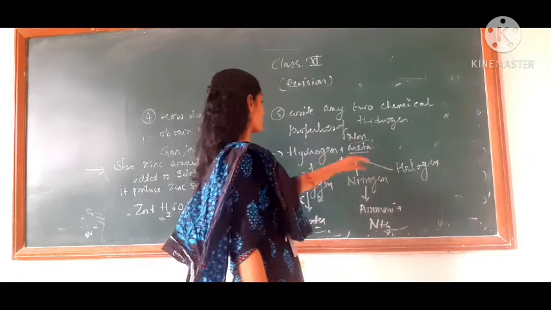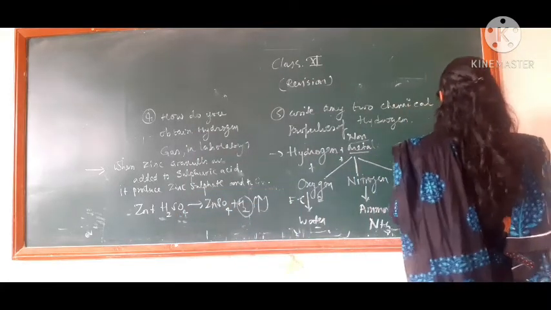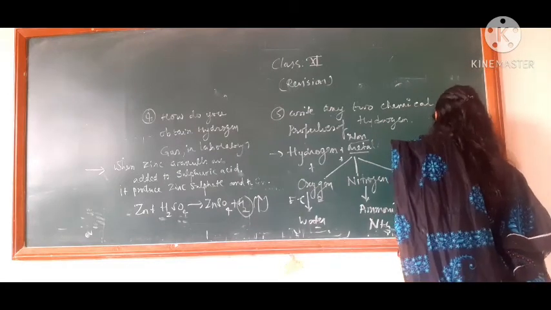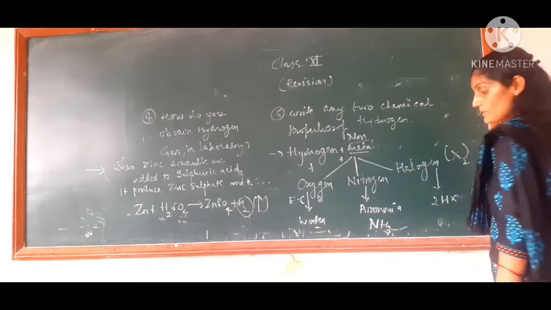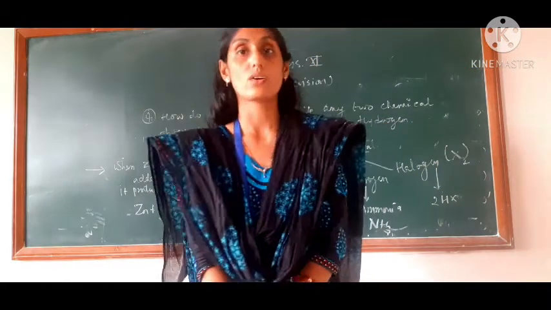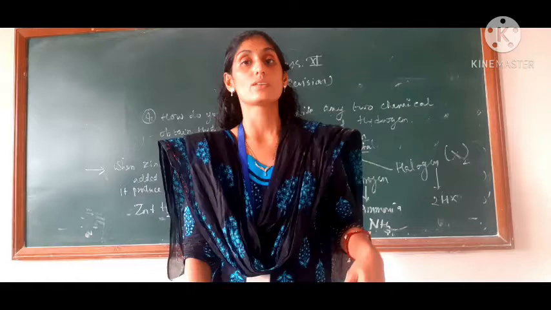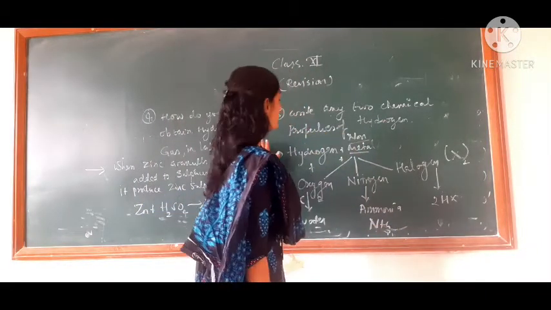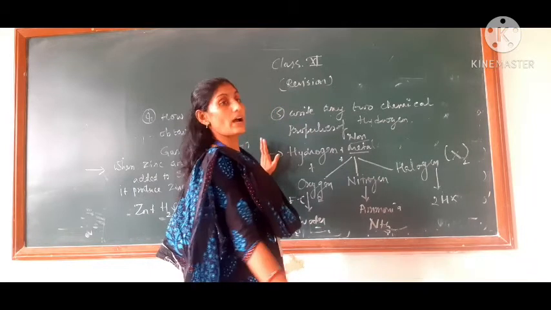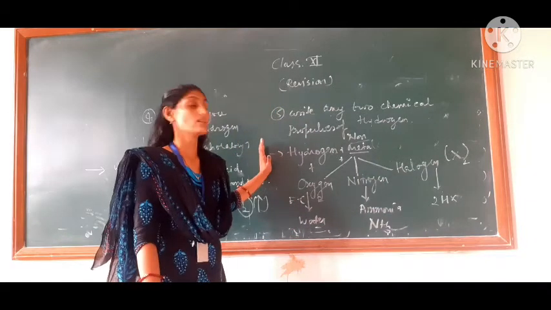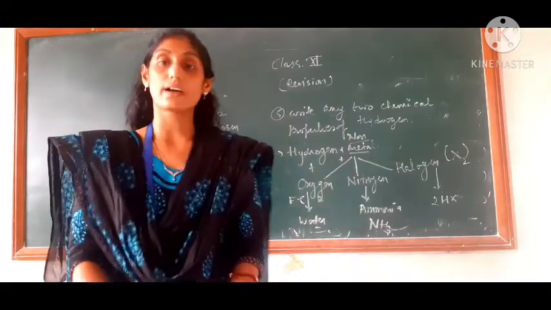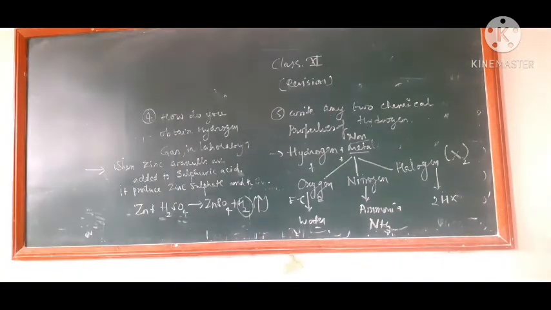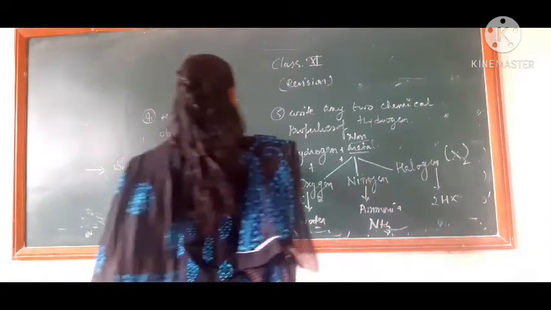And when we talk about hydrogen and halogen, that is X. So H2 plus X2 forms 2HX. That means hydrogen halide. Or we can say when we talk about hydrogen plus chlorine, HCl, or HI, hydroiodic acid, or HBr. So this is the word equation. So now we are writing the symbolic equation for all of this, that how it is going to react with these particular metals and non-metals.